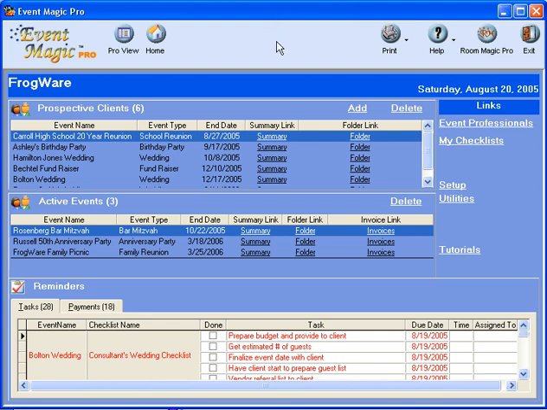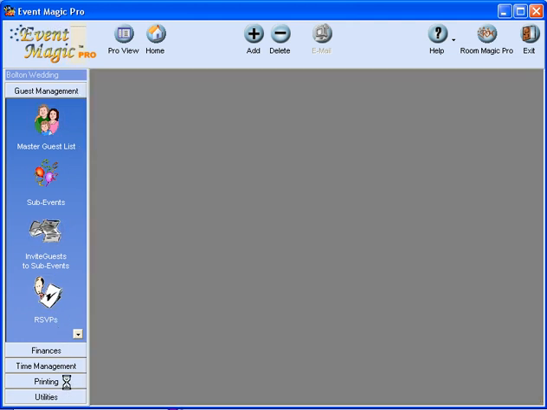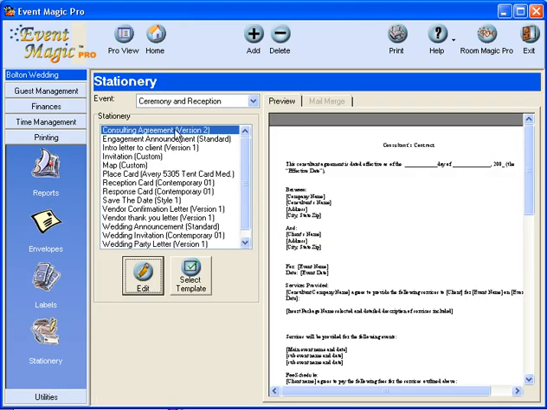Another feature available in InventMagick Pro is the ability to print stationery items and contracts. Let's go into our event folder, the Bolton Wedding folder. All of the contracts and letters are under stationery, so we're going to go down to printing, and then we're going to select stationery. You can see you have your sub-events here because the stationery items will vary or be